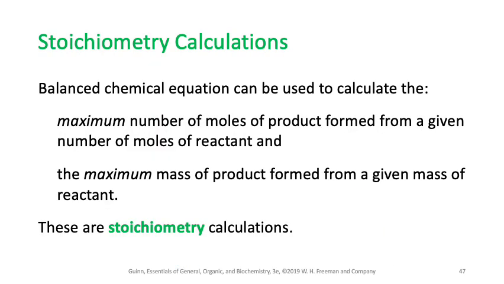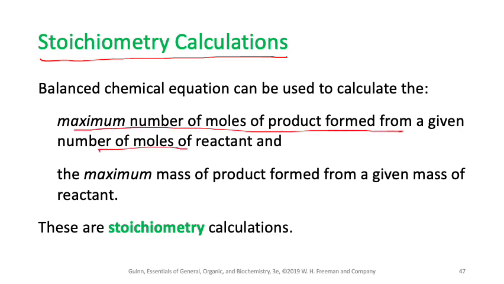So now we already learned how to balance a chemical equation. Now we're going to talk about the stoichiometry calculation from a balanced chemical equation. So what is stoichiometry calculation? It normally tells you to calculate the maximum number of moles of product that you can form from a given amount of moles of reactant, or the maximum mass of a product